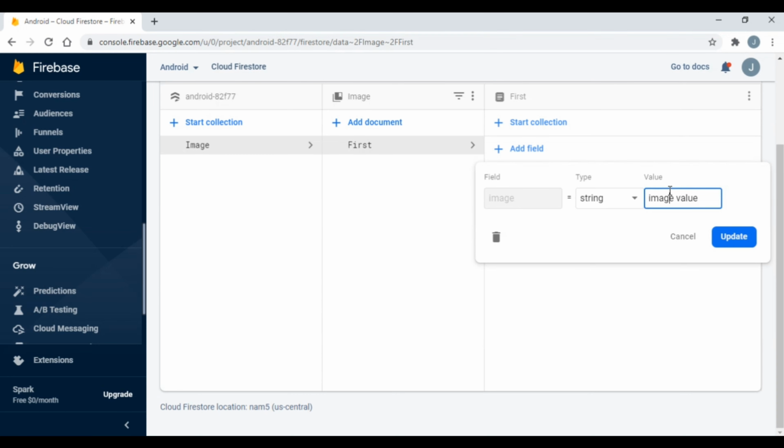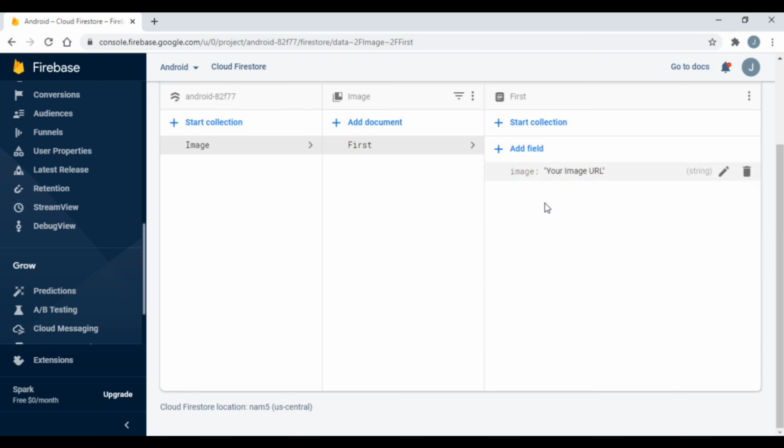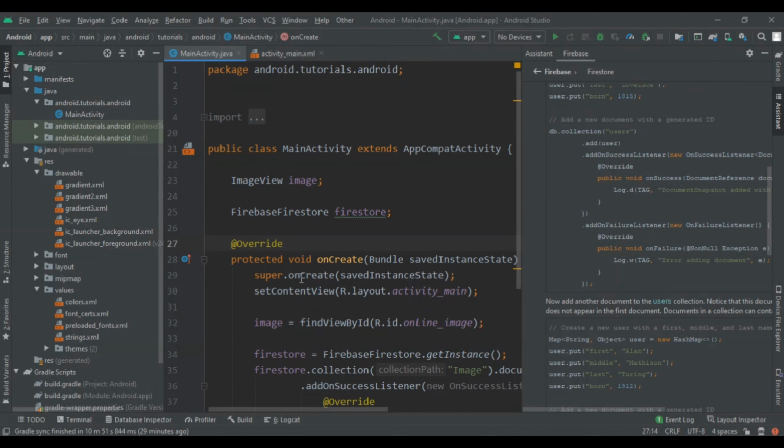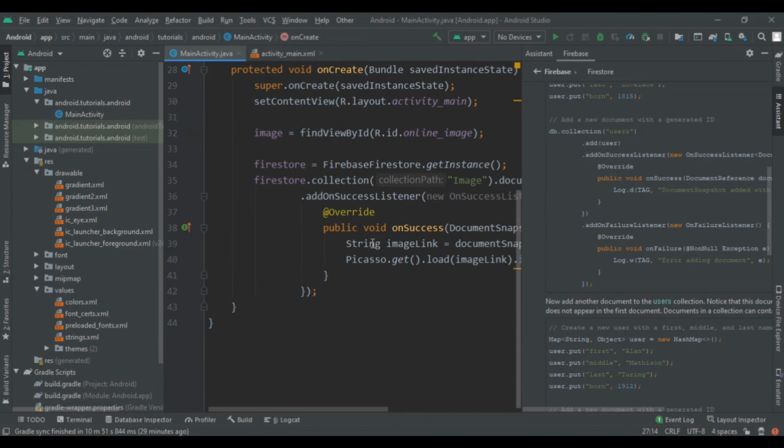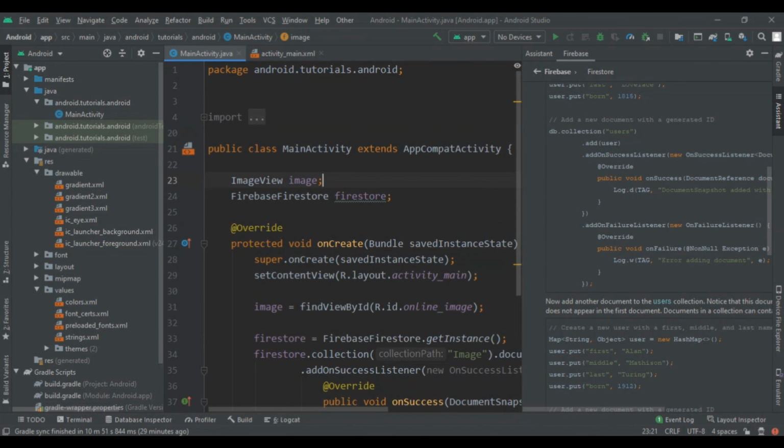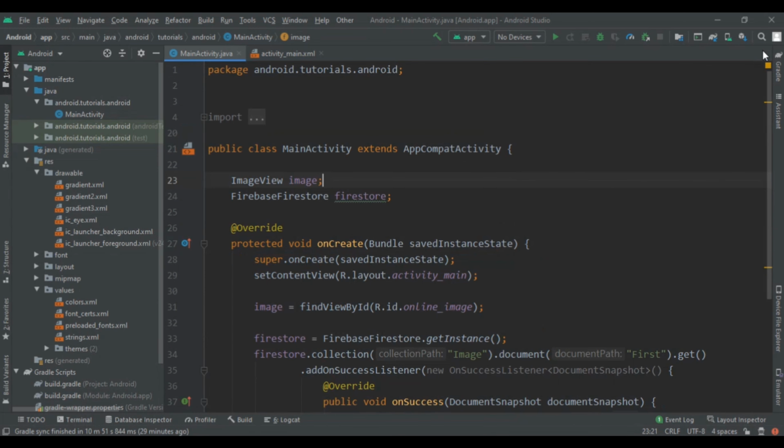So after you update the URL, from here we are going to retrieve that same change in our application. After that we have to click on this minimize button, so that will be removed.